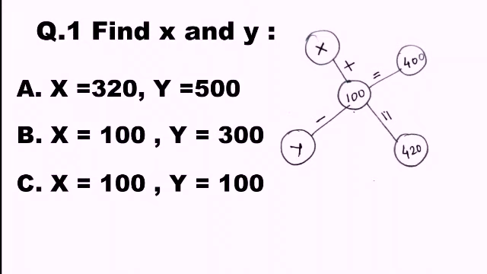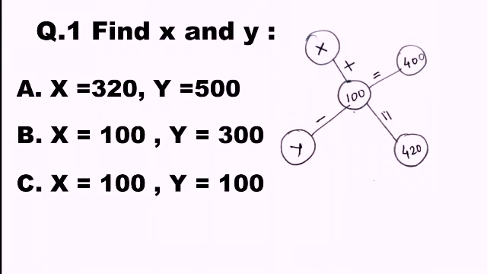Look at the first question. What is given here? Find x and y from the given diagram. See the given diagram, x and y are missing. So in place of x and y, you have to put the appropriate numbers. So what will be the appropriate numbers? You have to find out. The options are also given. You know the procedure. You have to do it in your copy and send the answer in my comment section.